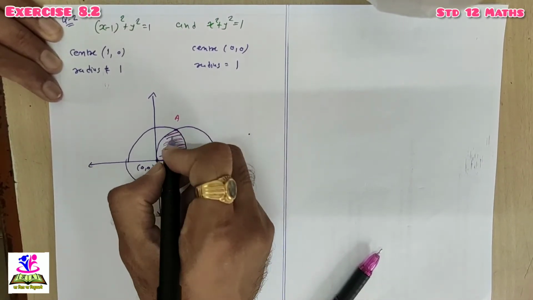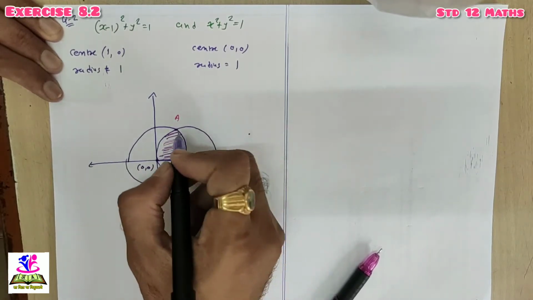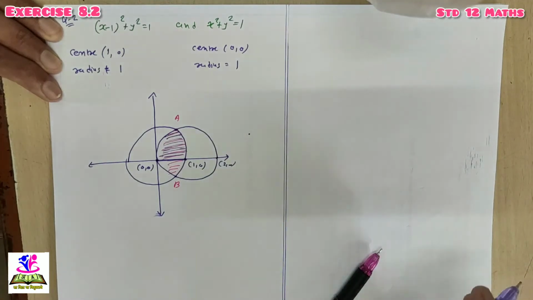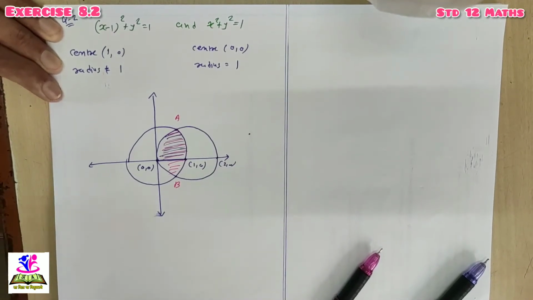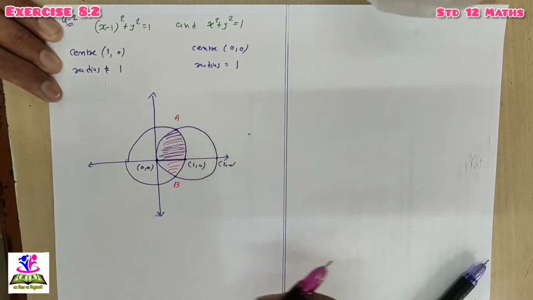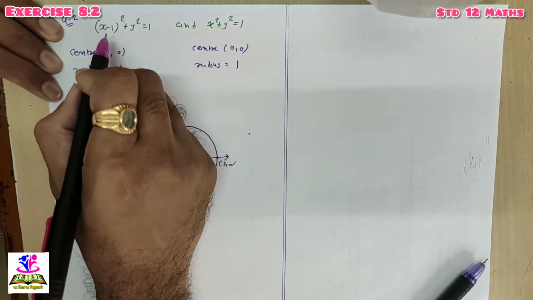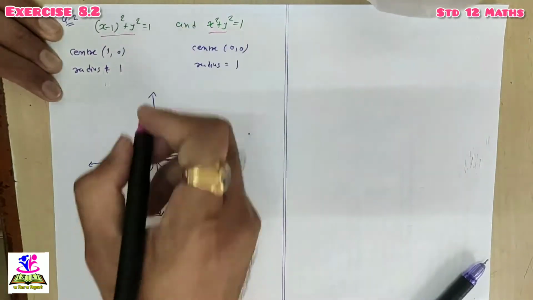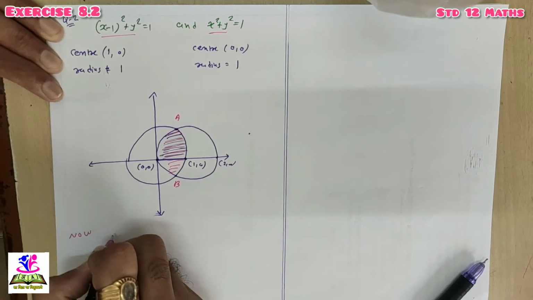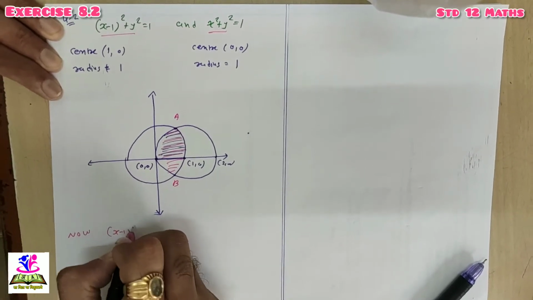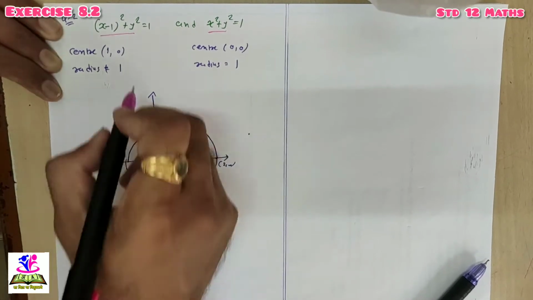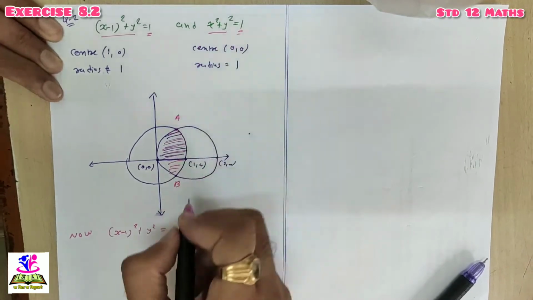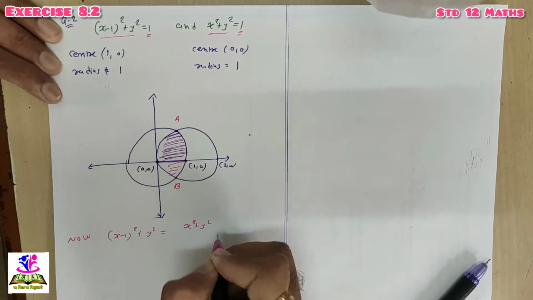Right? This one. So for that we require the coordinates of point A and point B, or only point A, that is the intersection point of these two curves. So first we'll try to find the intersection point of these two curves from the equations of the given two circles. So here, these two circles have radius 1. So comparing these two circles, (x minus 1) whole square plus y square has value 1. This circle is also having the same value 1. So we can compare the left hand side of these circles, which is x square plus y square.